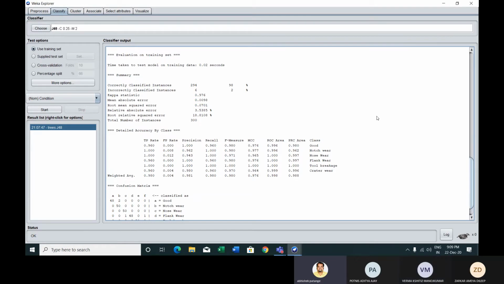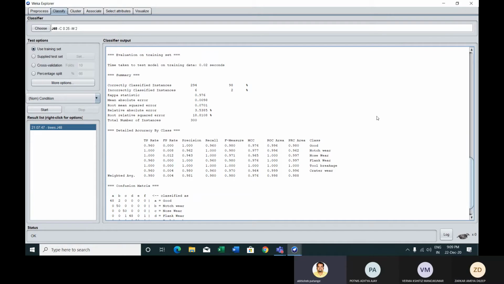Then you must ask how this confusion matrix is drawn or found out, isn't it? So try to understand that the training data set is created by an operator or a data scientist, which has already been classified manually.